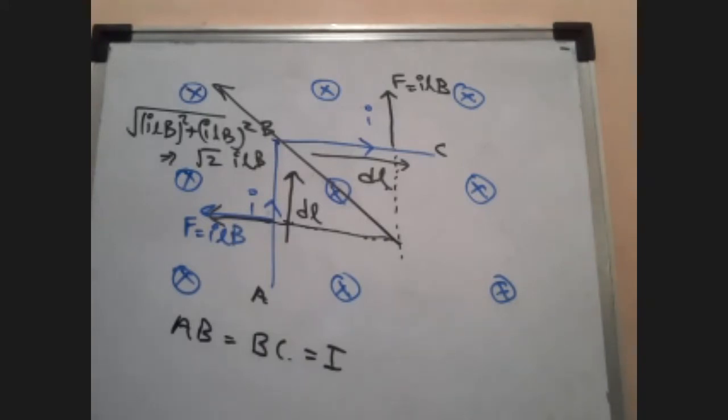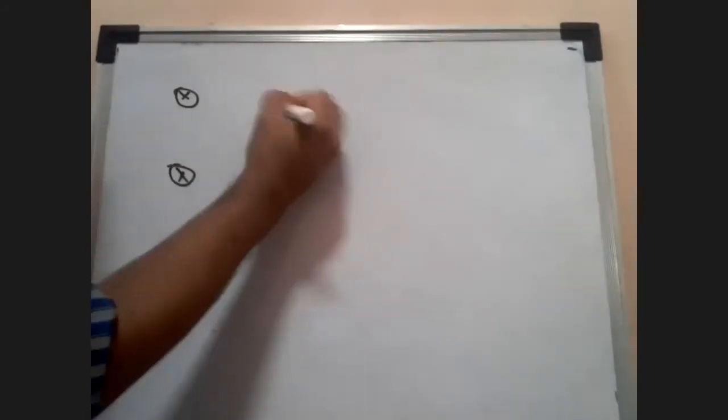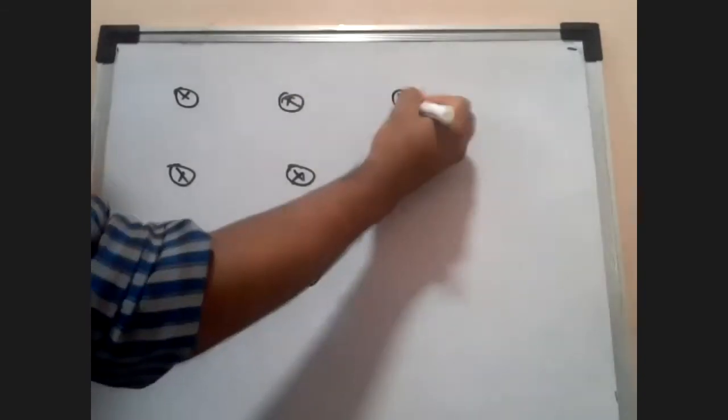Now let's go to the next question, students. Not next question, let's go to a next concept. This seems to be a good exercise. Okay, the next concept is about a magnetic field which is perpendicular like this, inside the board. It is going inside the board.